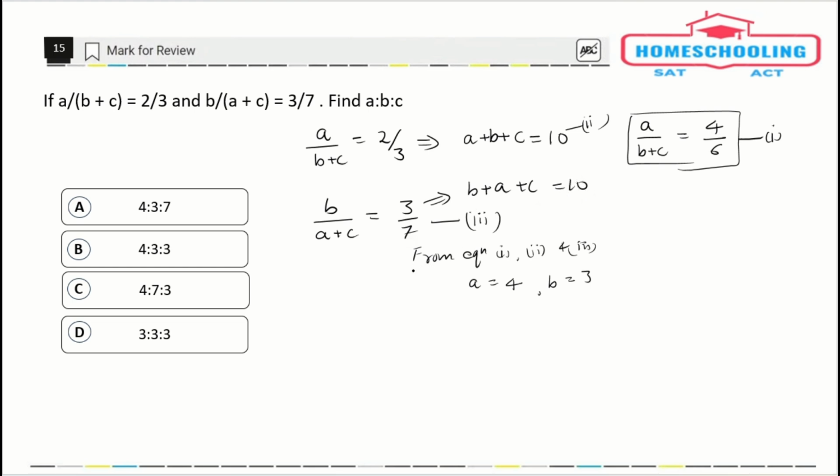So by equating all these three equations, we can say that A is equal to 4, B is equal to 3,